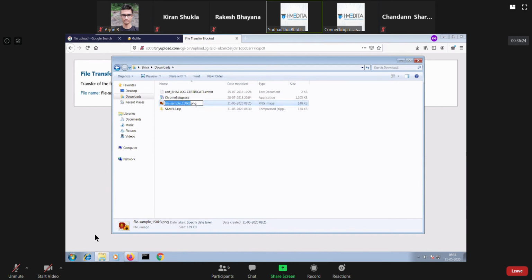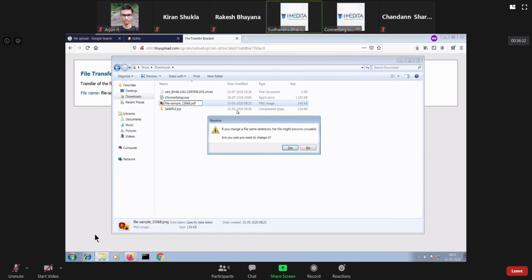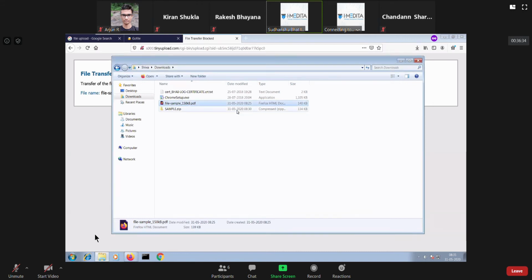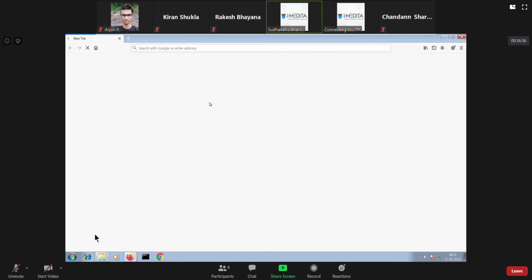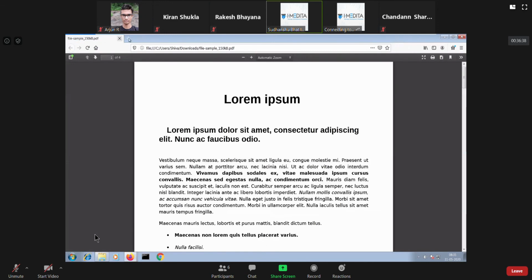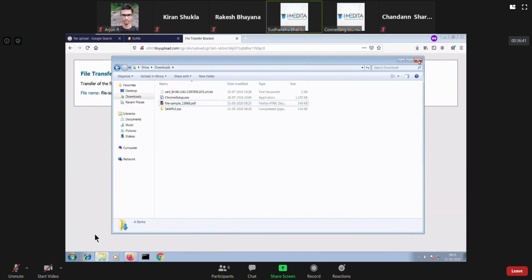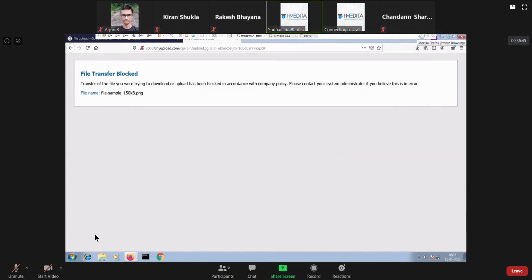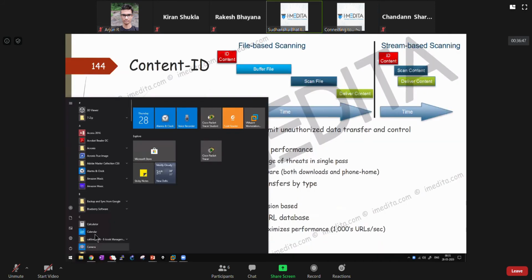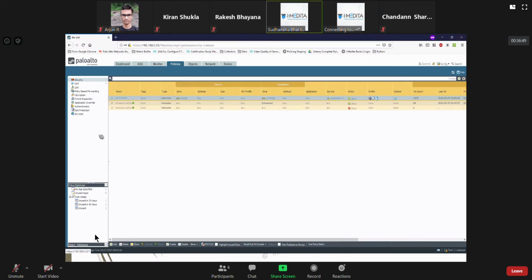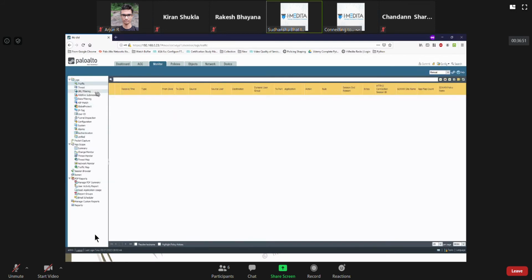Because a lot of times people used to do this, and for extension type blocking, you can upload it as .png, and then once you download it, you can rename it back and it will work fine. So we don't want to allow that. Okay, fine. And also for each of them, there will be a log generated.